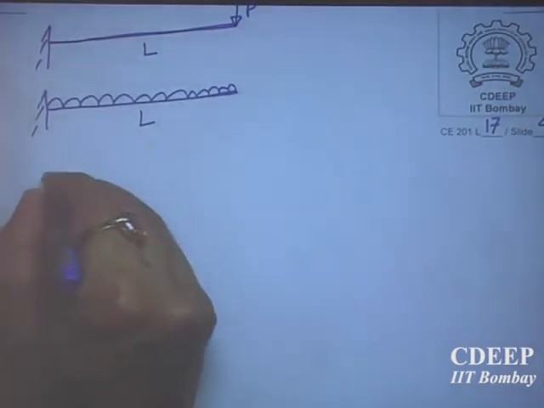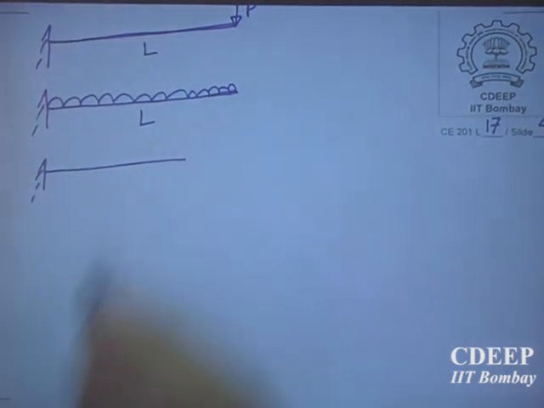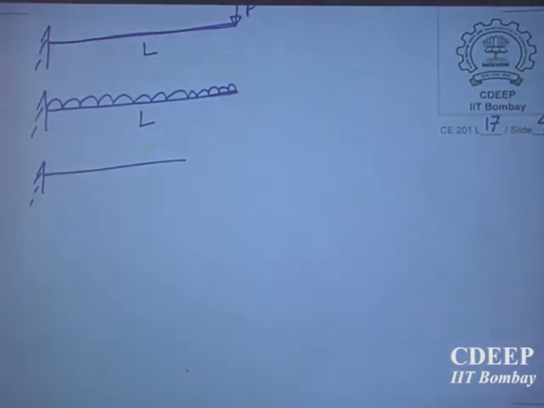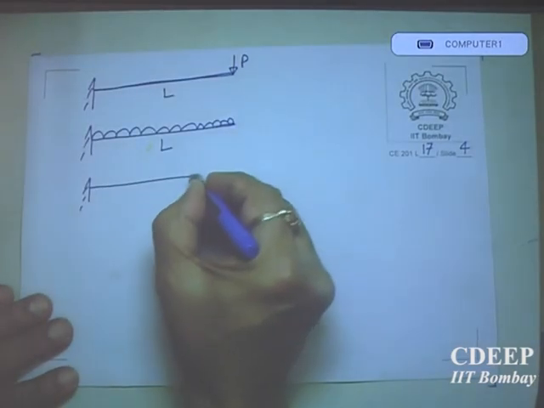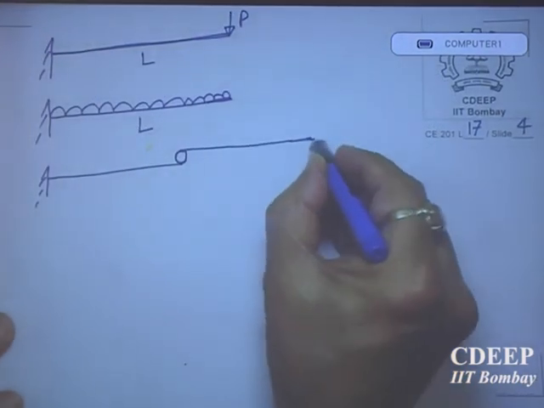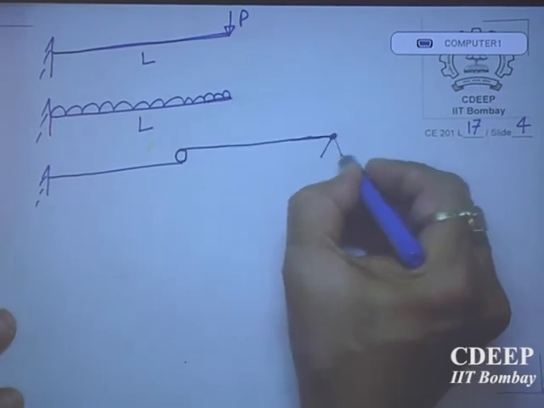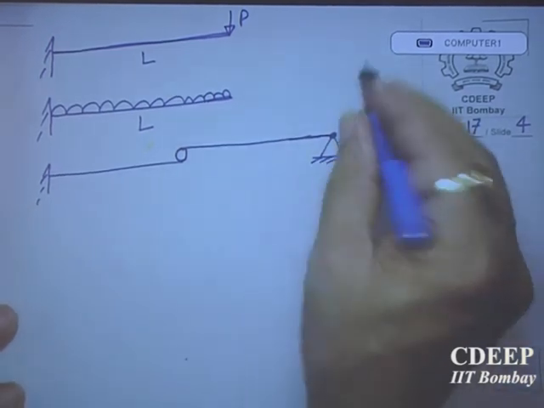Now, yes, I have a cantilever. Is it okay? Cantilever means one end clamp. One end I am putting fixity. Slope also is 0. Displacement is 0 plus slope also is 0. Clamp. Okay. Now here I am putting a roller here. On that I am putting a hinge. So this one is hinge.